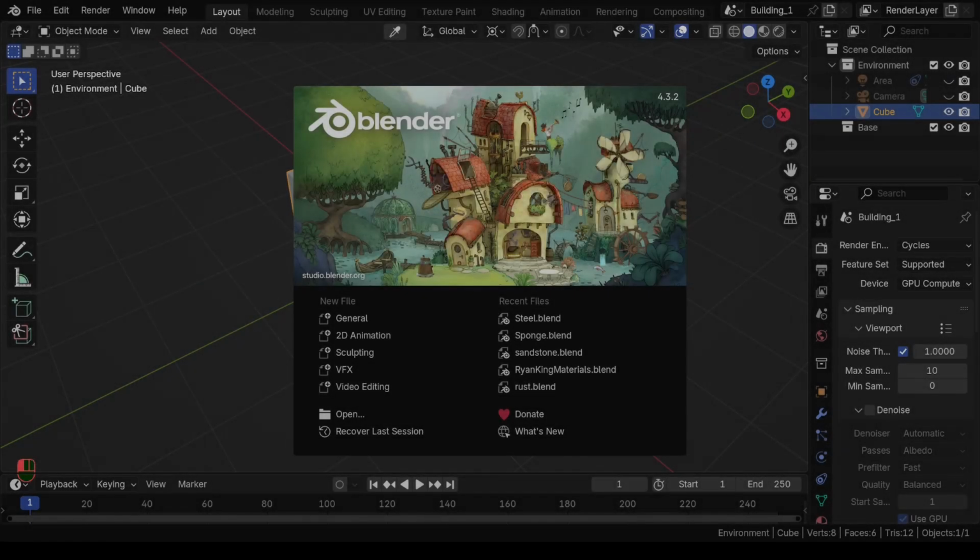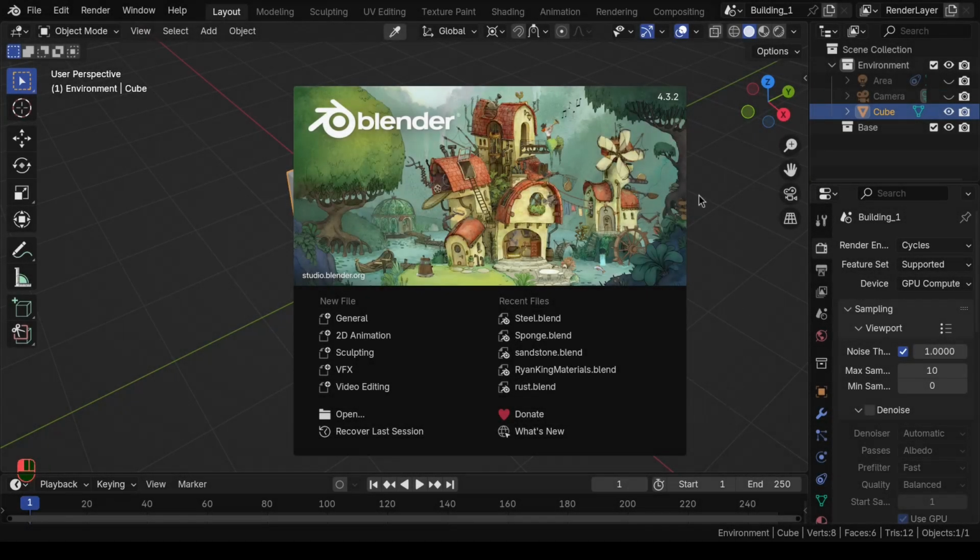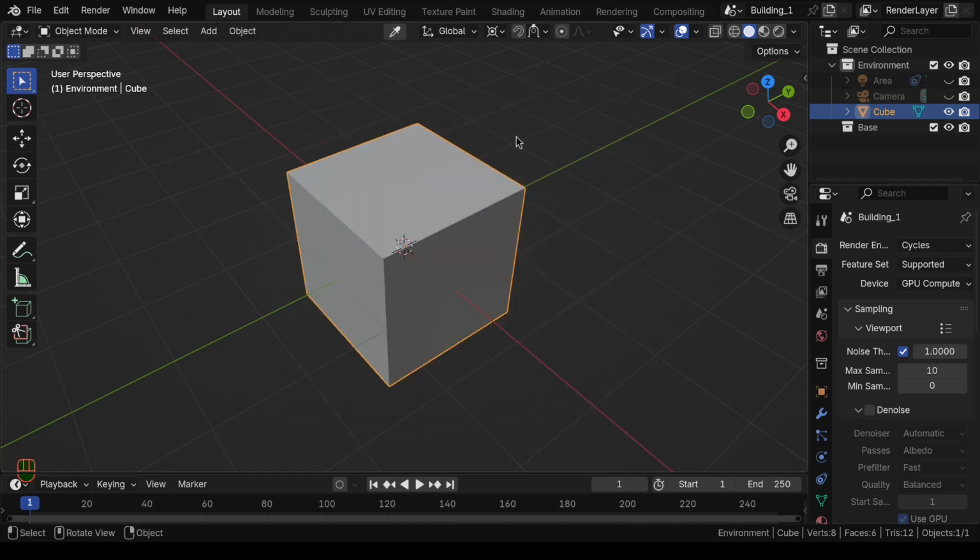Hello and welcome. Today I'm going to use Blender 4.32 and we're going to show you another continuation of texture painting and show you how to use a stencil. So in order to do a stencil, the first thing we're going to do is